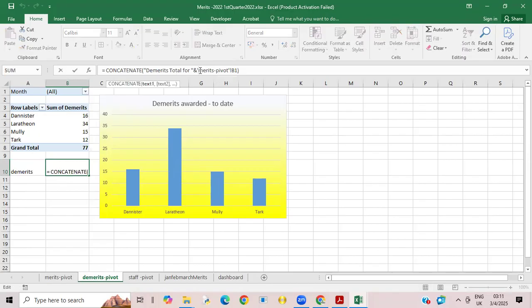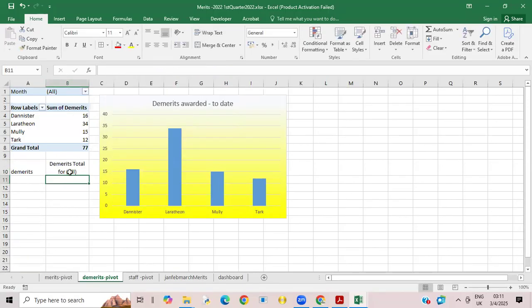The pivot name should be demerits, so that it picks for this. Right, so now it's picking for this sheet, the demerits pivot table. Okay, so